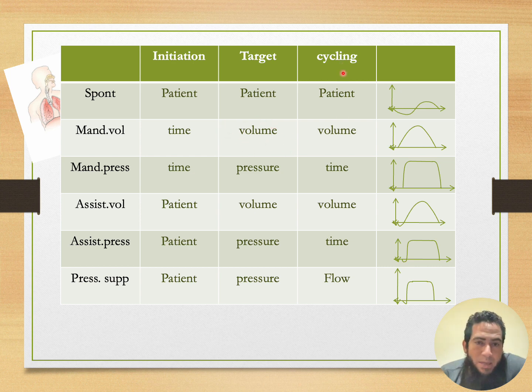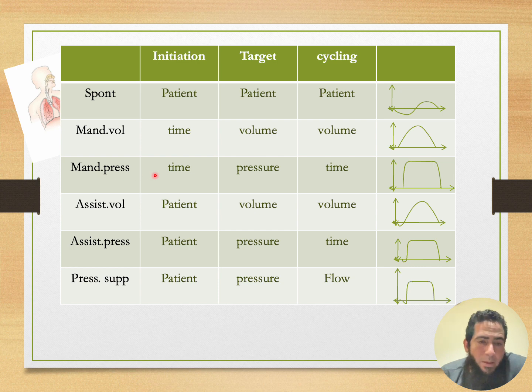And the cycling mechanism is volume as well. So once this volume of air has been delivered, the patient can stop inspiration and start expiration. So the initiation is time by the machine after a certain time, target is volume, and cycling is volume. So the mandatory